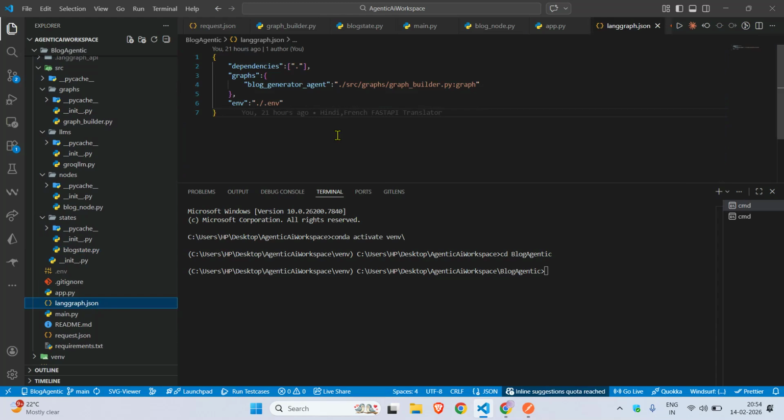So with respect to FastAPI, I have mentioned that I have not used any Streamlit. I have used FastAPI as my front end. Here you can see this is the JSON format. I have given the dependencies, and with respect to the blog generation agent,